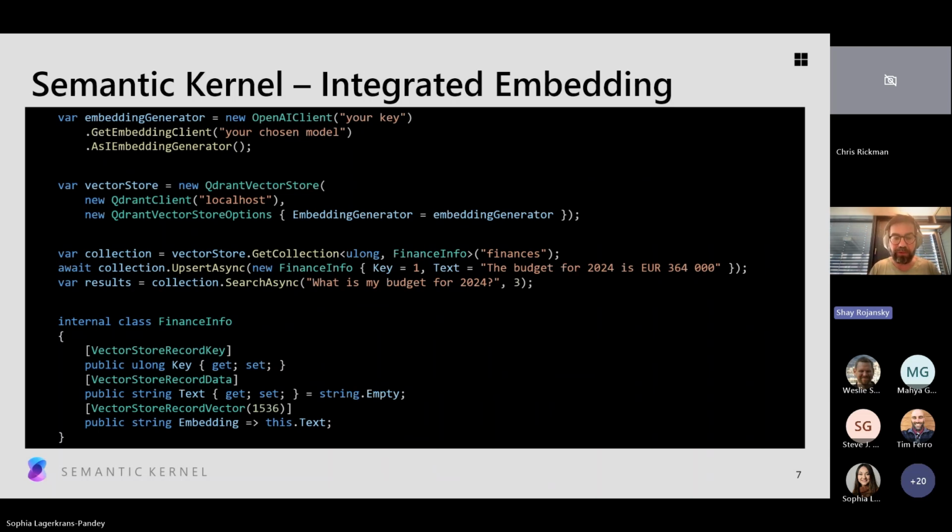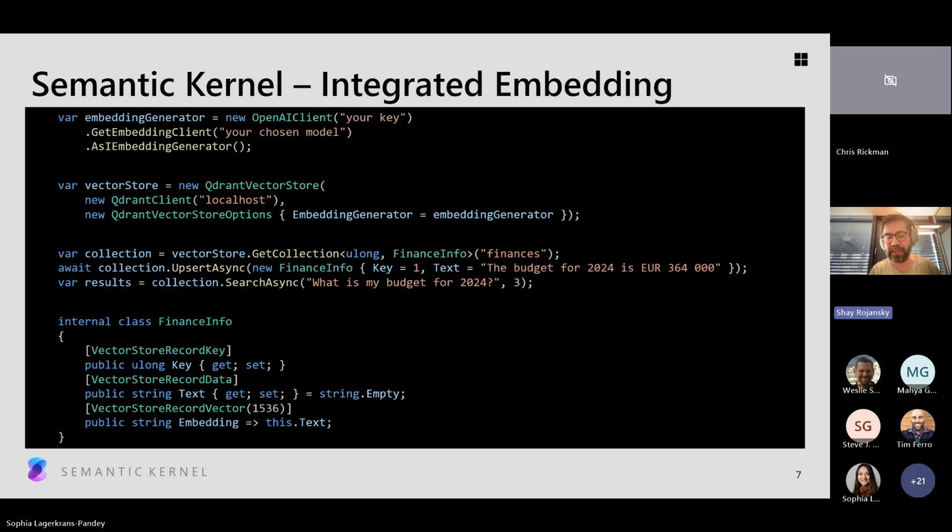So the new thing here, if you look at the finance info type below: before, the embedding that you had there had to be, and we validated this, a ReadOnlyMemory of float. So you had to provide a property which contained the raw embedding type, right? And what you'll notice now is something that might look a little bit strange at first sight: you've got a string there. So the embedding now has a type of string, which obviously is not the raw embedding type anymore, right? It's a representation where you just assign the string. And the nice thing about it is that you don't have to care. You don't even have to see the ReadOnlyMemory of float. You don't know that it's an array of floats anywhere, and everything gets taken care of for you.